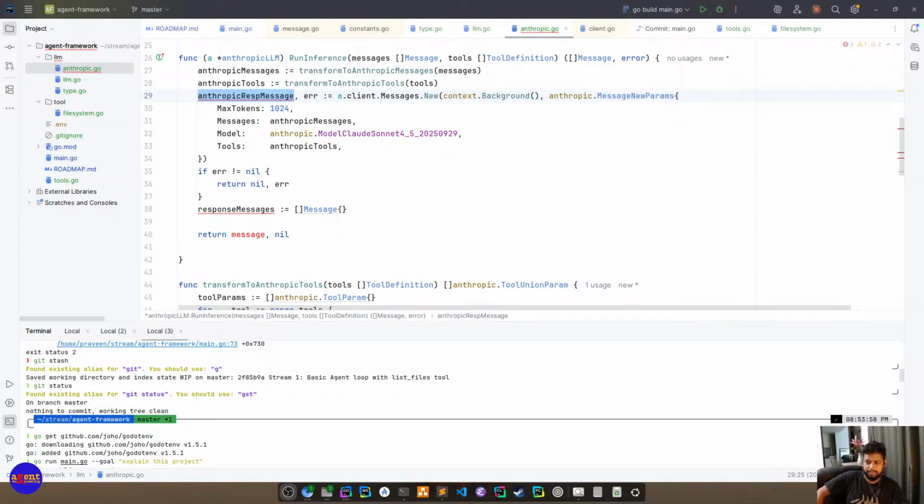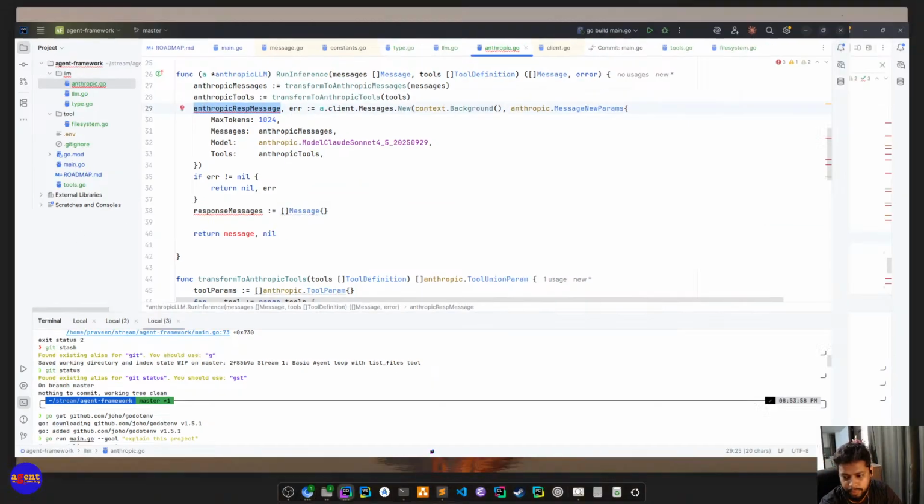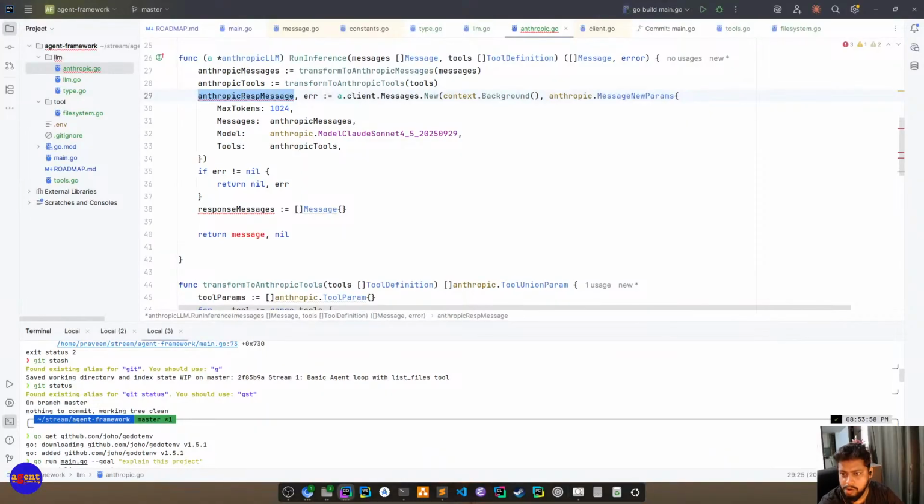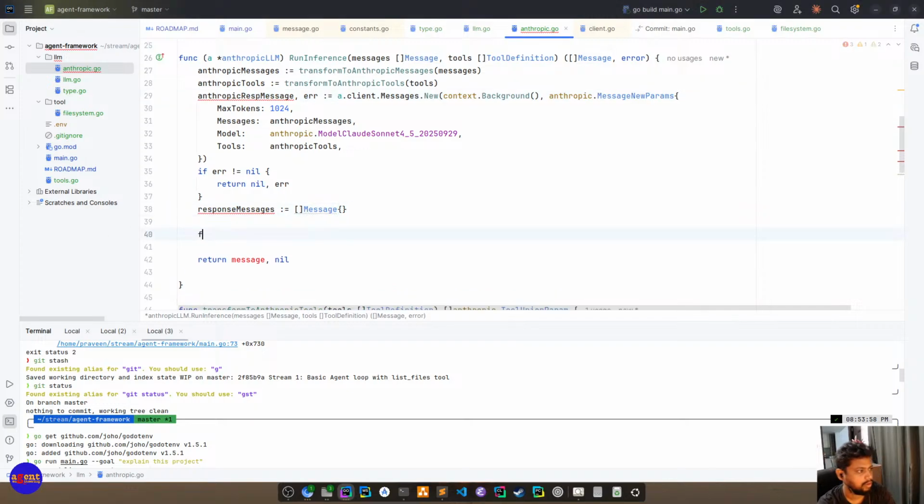Okay. Hmm. Right. It's inside the switch content. I just refer to the content.